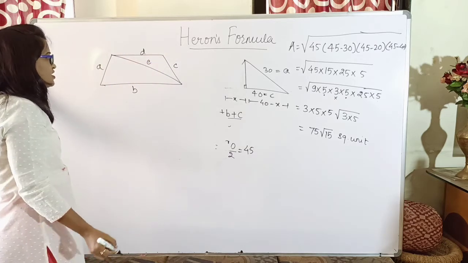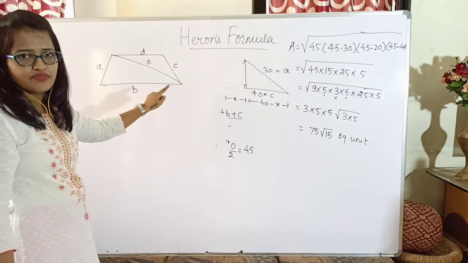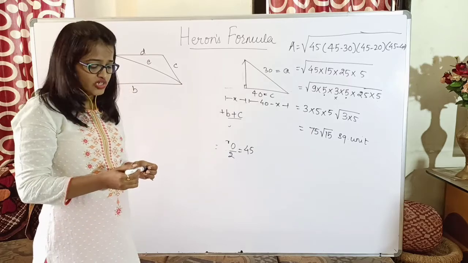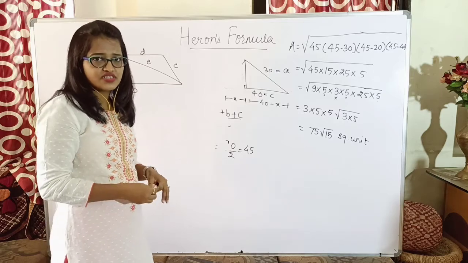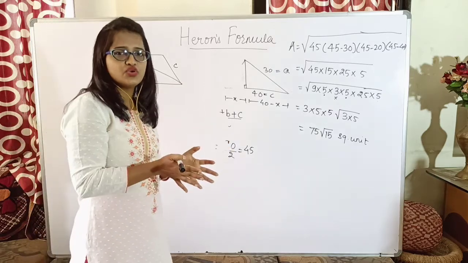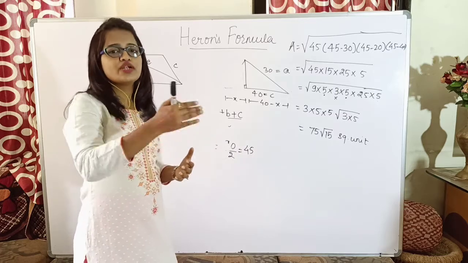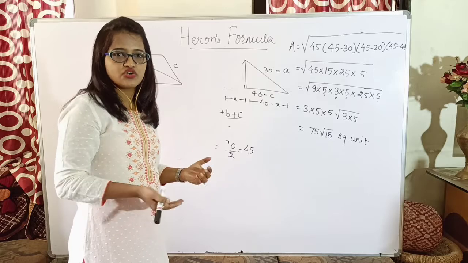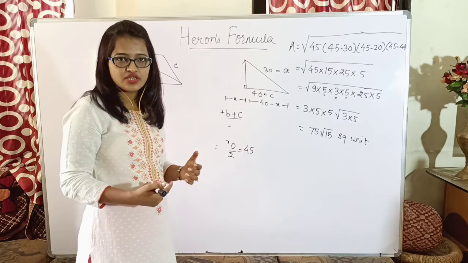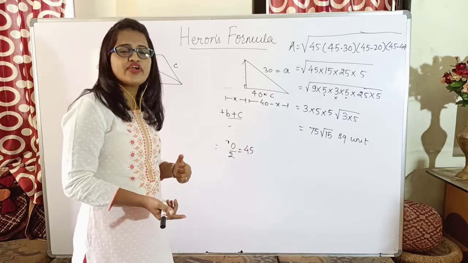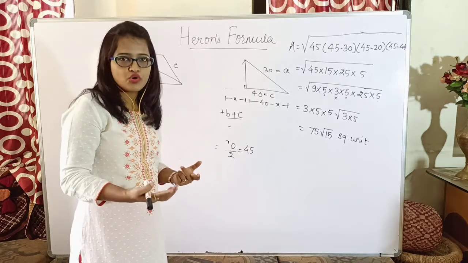So as you can see, I can find the area of this triangle where the sides are A, B and E, because all the polygons are actually the addition of the triangles itself, isn't it? A quadrilateral, wherein two triangles, when you join them together, you get a quadrilateral. If you join one more triangle, you get a pentagon. If you join one more, you get a hexagon and so on. Yes, so all the polygons are actually formed by joining many triangles together, and hence if you are able to find the area of each triangle, then you can find the area of the whole polygon, isn't it?